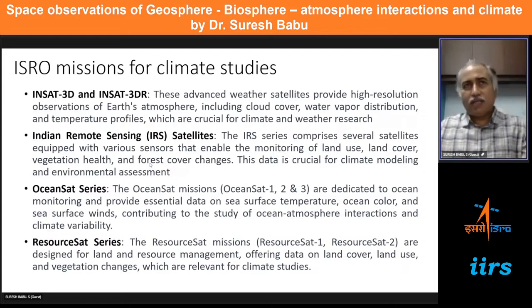We have the IRS series, the Indian Remote Sensing Satellite series. The IRS series consists of several satellites equipped with various sensors that enable monitoring of land use, land cover, vegetation health, and forest cover changes. And we have the OceanSat series. We have OceanSat 1, 2, and 3, which are dedicated to ocean monitoring and provide essential data